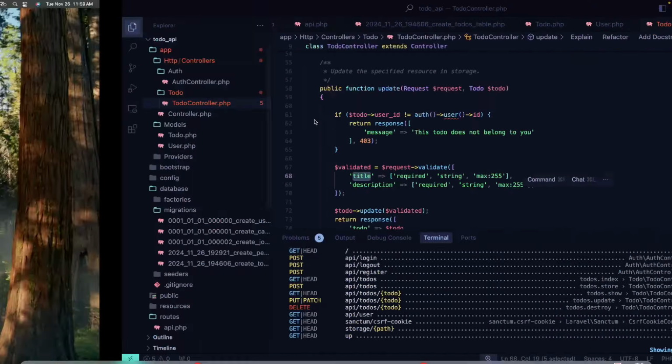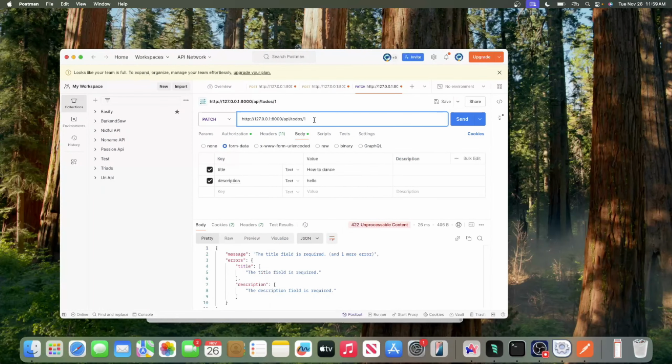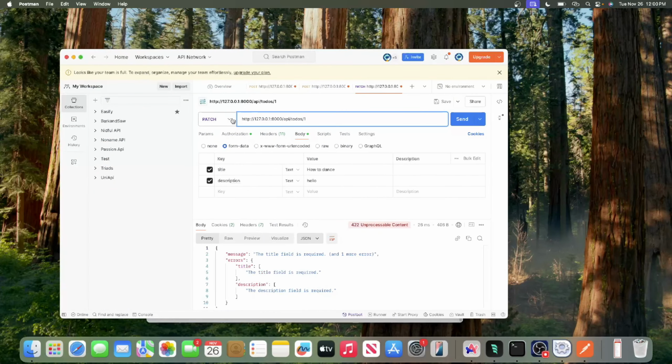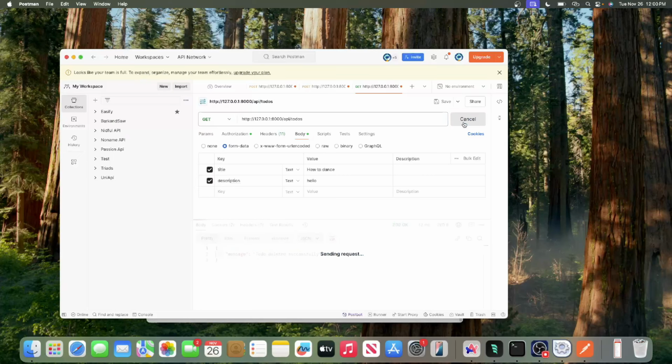And the last one we have is delete. So we can also delete our token by going to delete /id. So I can say delete. I can run this. I can see it has been deleted. Now I go back to the to-dos, change this to a get request, and I run this. It's now empty. Alright, so that will conclude the first section of the to-do app with Laravel